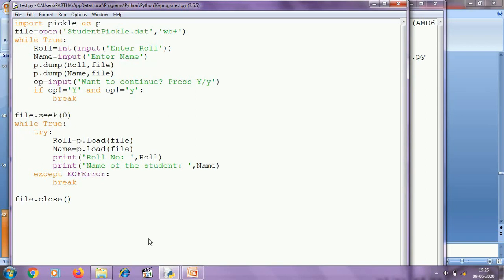Now I am going to show you how to write and read multiple records in the form of a dictionary, and for that I am going to change this code a little bit.